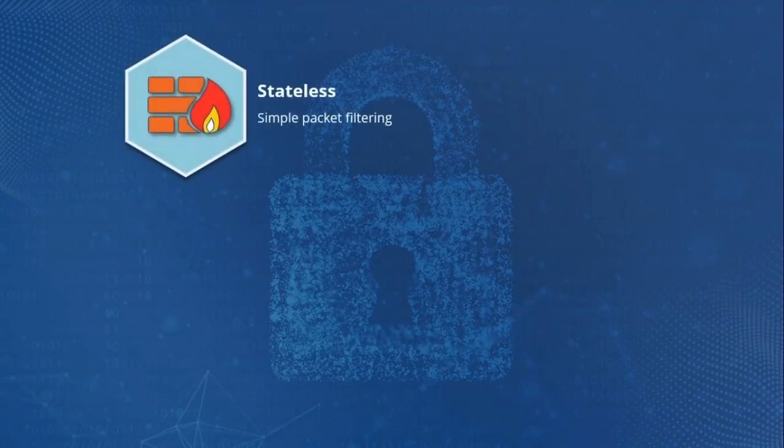First of all, there are stateless firewalls. These were often simply called simple packet filtering firewalls. What they do is a packet comes in, and the firewall compares the packet to a set of rules. Perhaps it has rules like, is this packet coming on a port that we allow traffic on? Is it using a protocol that we allow? And is it coming from an IP address that we haven't blocked? Now, that's a simple example of rules, but that gets the idea.